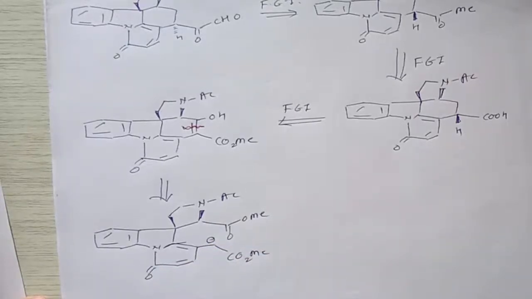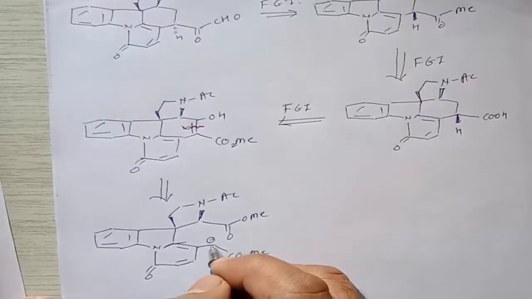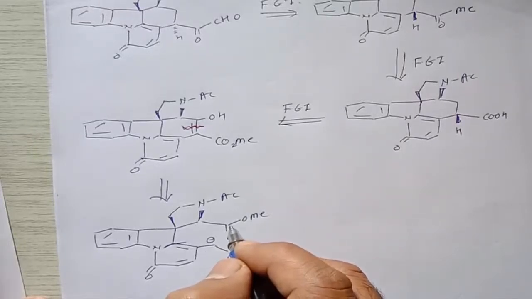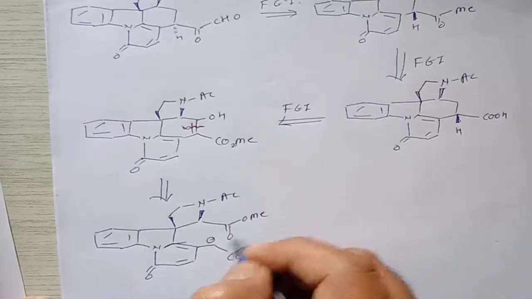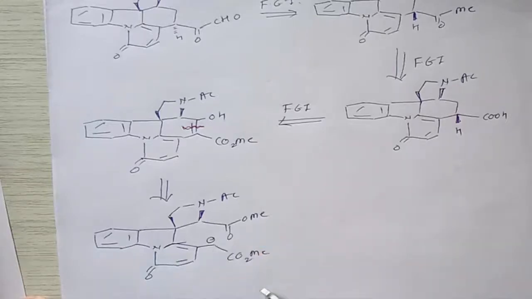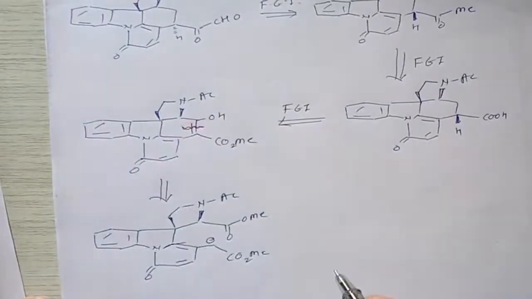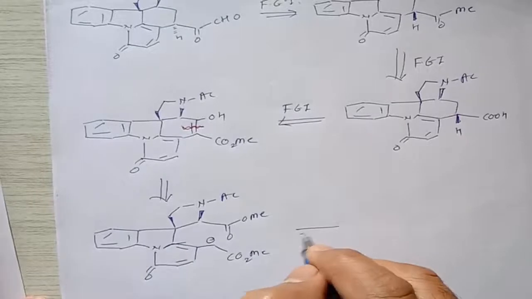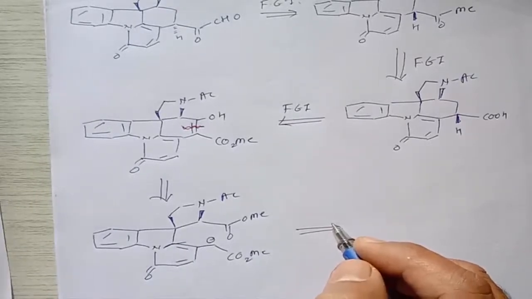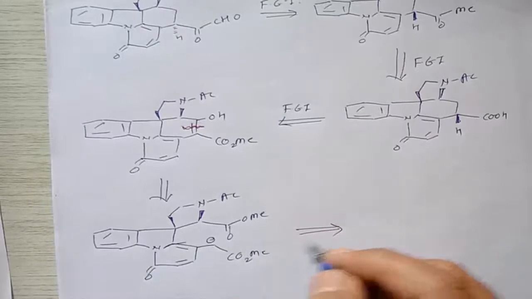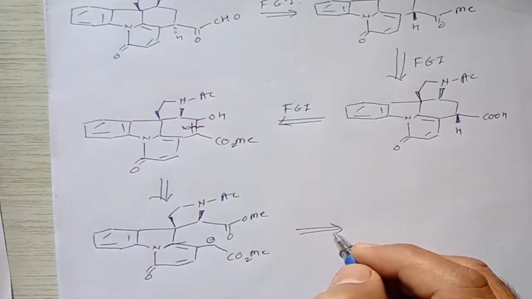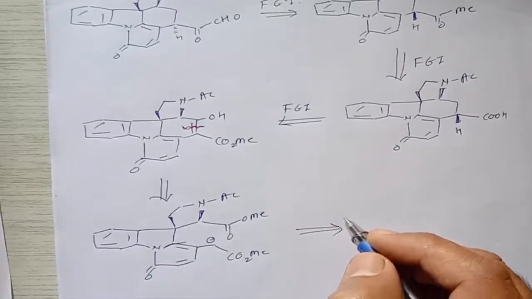And here we get a negative charge, right? After that this negative charge will attack this carbonyl group, and then it will be converted into a cyclic system, and this ester group will be removed here, and then it gives an enol form, that means we get this molecule, right? In the further step, this synthon will be converted into synthetic equivalents. And how can we convert it into a synthetic equivalent?